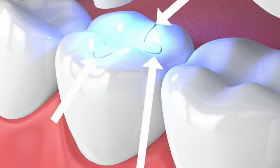Right. Because these polymers tend to shrink during the polymerization reaction, from the liquid to a solid state, what happens at the interface is that you have areas where you don't have a complete filling of that interface. And because the dental adhesive resin serves as a semi-permeable membrane, bacteria are allowed to penetrate and form biofilms. And that leads to the major cause of failure of resin composites, which is secondary caries, because of secondary